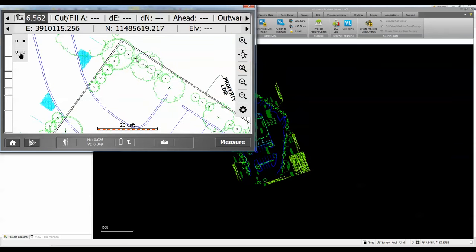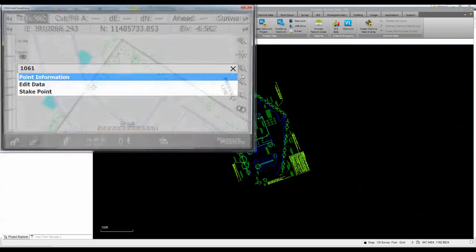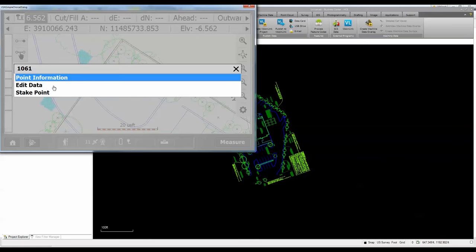So I'm just going to come in and let's say we start with this guy here. So I pick that point. If I press and hold on it, it's going to ask me, okay, what do I want to stake, the line or the point? I'll pick that point, and we'll say stake point,